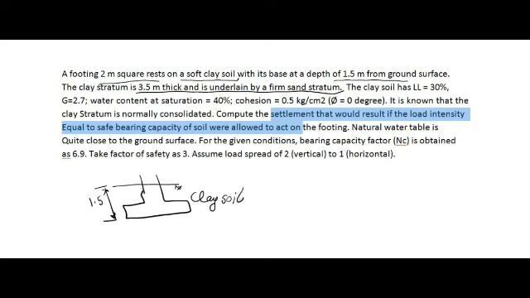It is written here as clay soil, and it is of 3.5 meter thickness. The whole clay soil